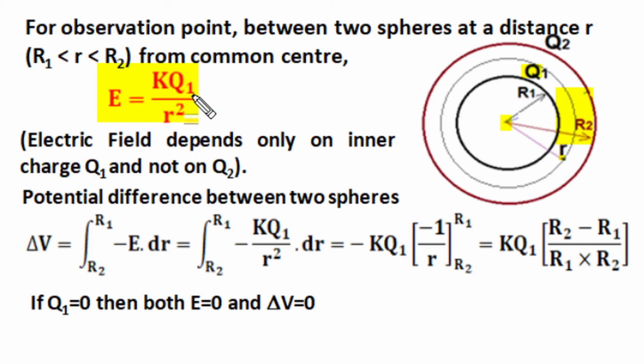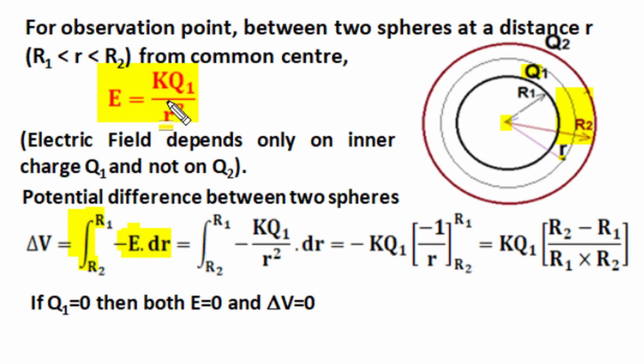Now in this electric field, consider the amount of work done in moving a unit positive charge from the surface of the outer sphere to the surface of the inner sphere, that is from r2 distance from the center to r1 distance. The amount of force on a unit positive charge is E, and if we make an elemental displacement in the radial direction opposite to the direction of E, then the elemental amount of work done is minus E dr. Here the negative sign is used as the displacement is considered in the opposite direction of the electric field intensity, and the total work can be obtained by integration with these two limits.